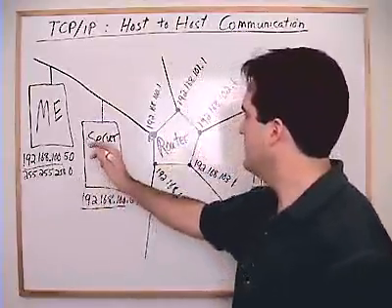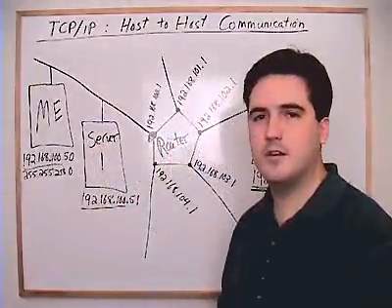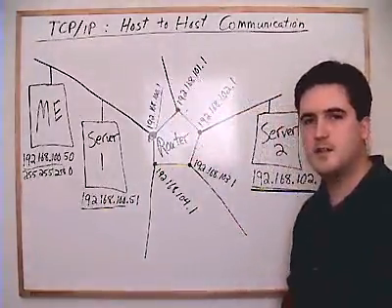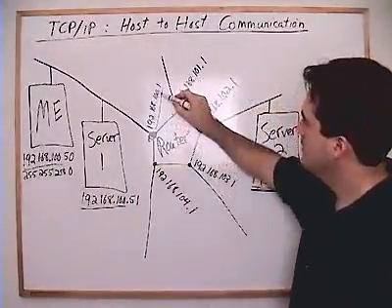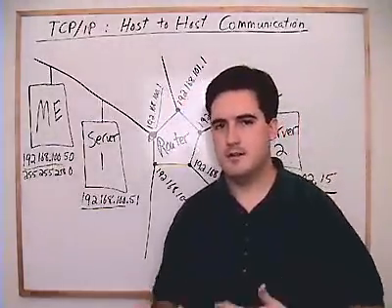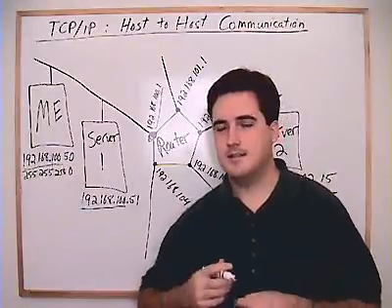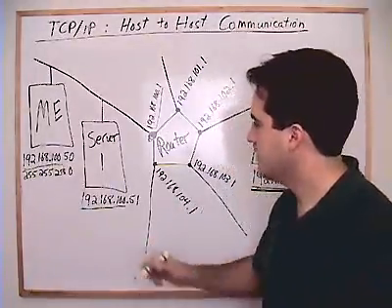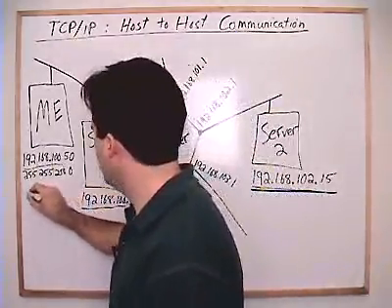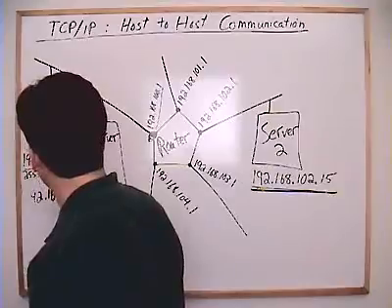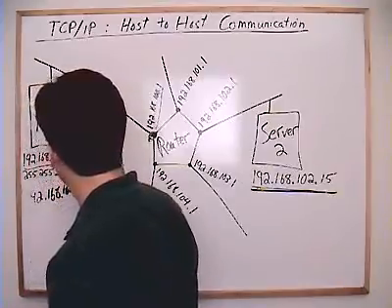So in our case, what is our default gateway going to be? 192.168.100.1. The standard for assigning interfaces to routers is typically to use the .1 address for the router interface. And so I configure my machine to use 192.168.100.1